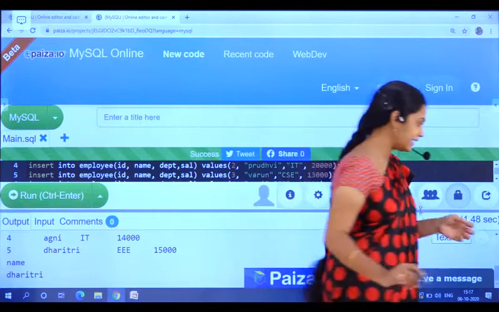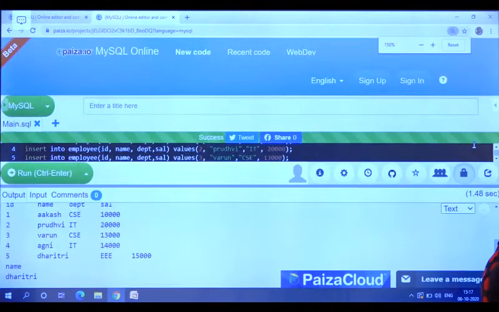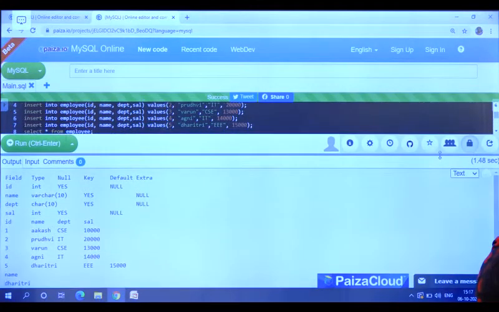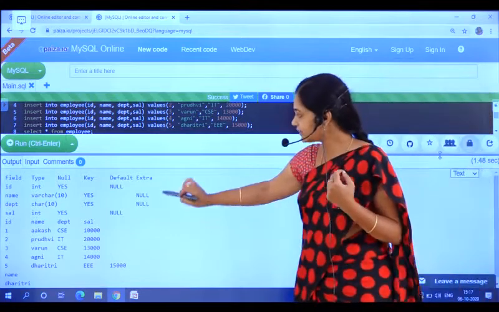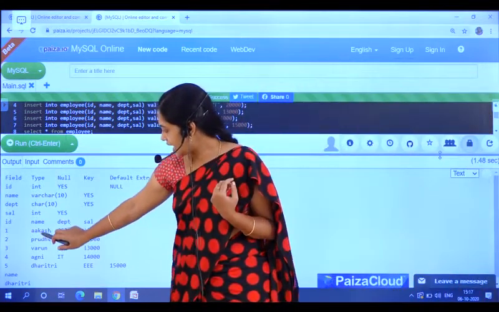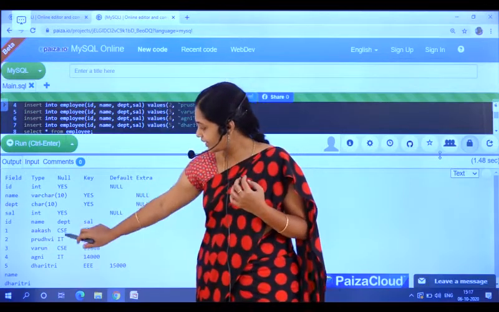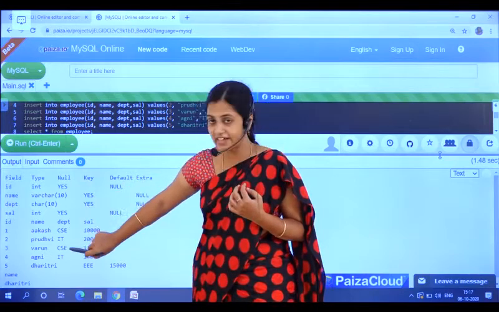What is the entire table here? I have created a table with these names: Akash, Prithvi, Varun, Agni and Daritri. When I run a query, can you see how many tuples we have for CSC?